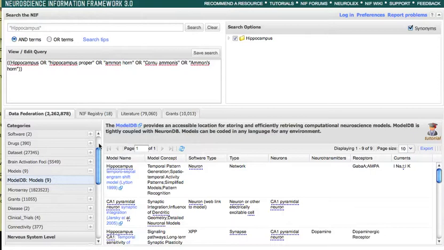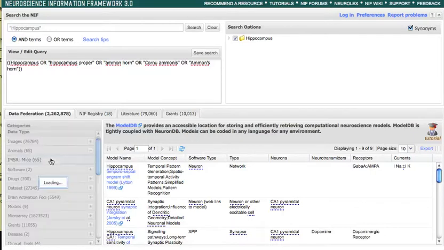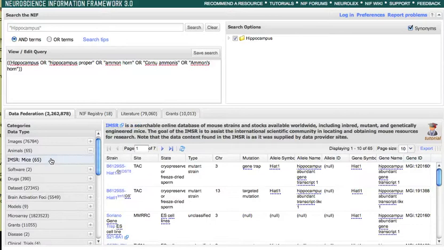So if you go over here, you can see the different categories displayed, and if you click on any one of these, it will tell you the holdings that we have. Here you see, for example, hippocampus. Now, NIF is not a strictly semantic search engine. You'll notice that this is hippocampus abundant gene transcript, but NIF recognized the term hippocampus,